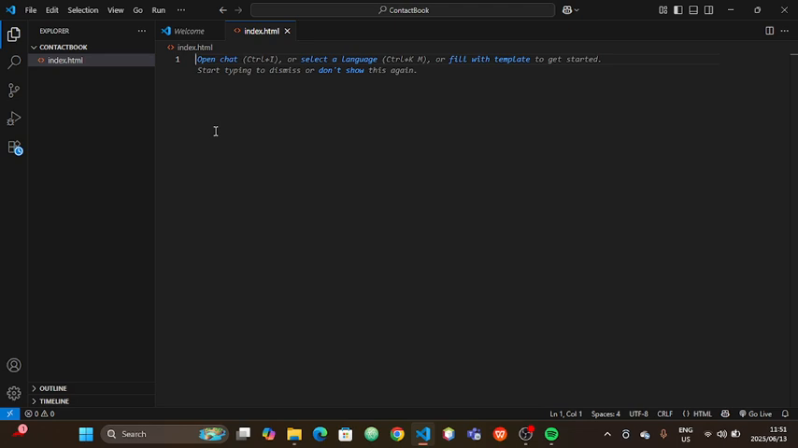Okay, let me pause this. I need something that's going to hold this phone, but I can still see. Yeah, I can still see like this. So now